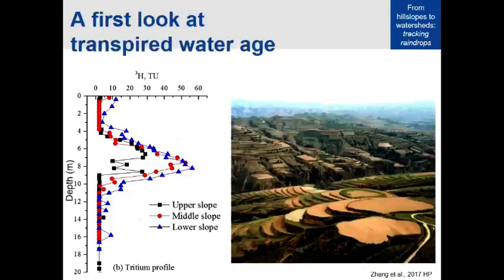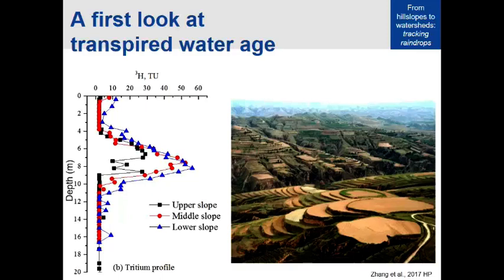The last slide I'll show you is some new work we've done on trying to ask the question, well, how old is that transpired water? It's been a tough one to get at because we don't have a lot of techniques to enable us to explore that. But one place where we can go to really try to extract an answer on this is the